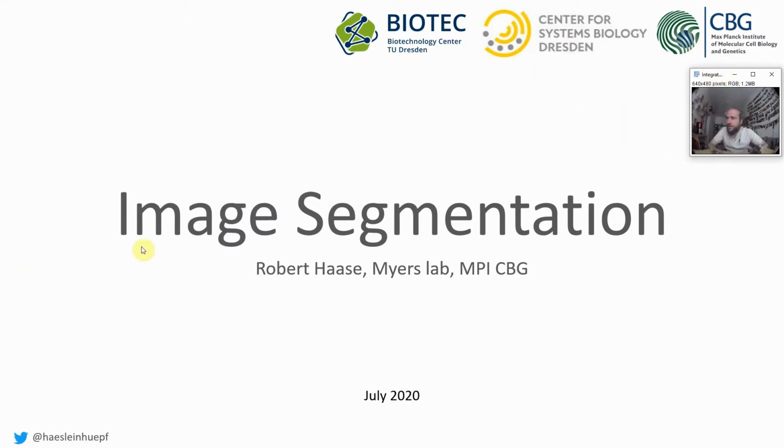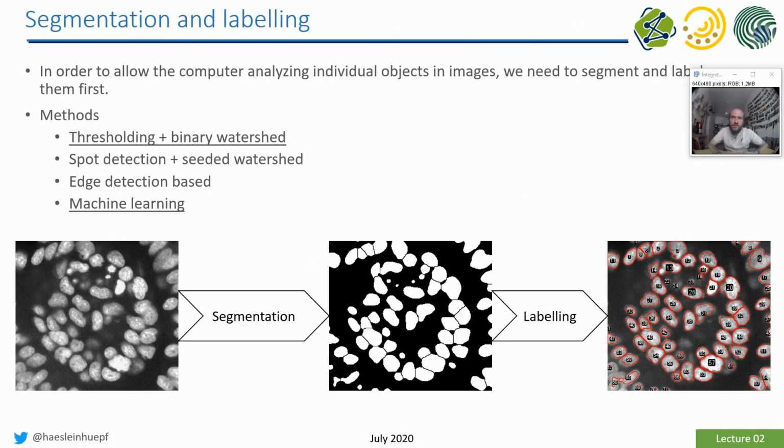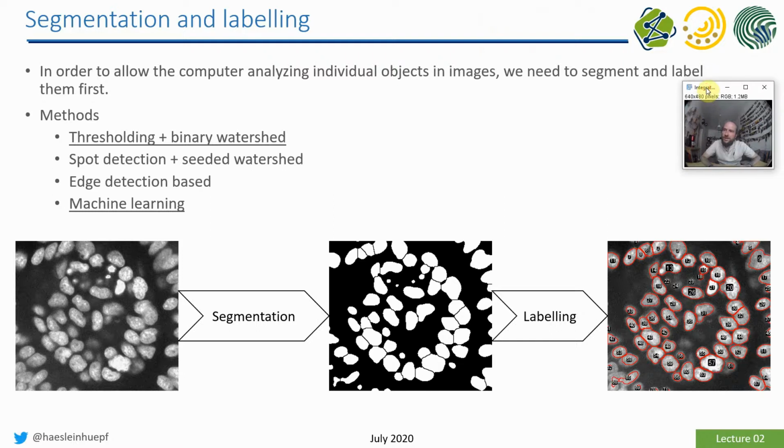So far we were applying filters in order to get a better image segmentation, or to get an easier situation for image segmentation afterwards. And if you think about image segmentation, there are a couple of terms which are used in this context. I often refer to a binarization of the image as the segmentation step, and afterwards, if I want to label all these objects with different numbers, that's the labeling step. And there are different approaches like thresholding and machine learning. I showed you a bit more in detail, but there are also alternatives to that, which are then used in